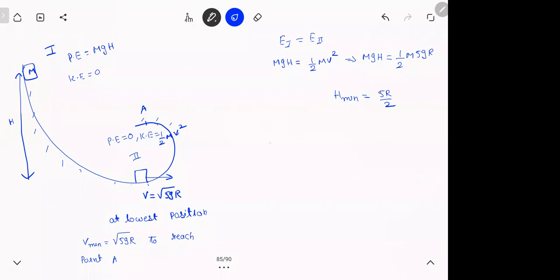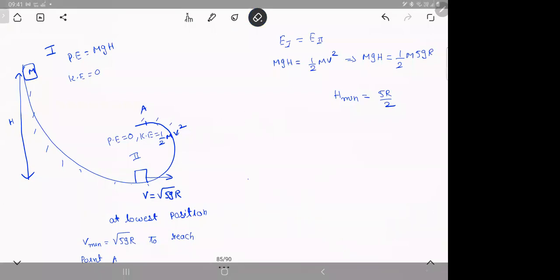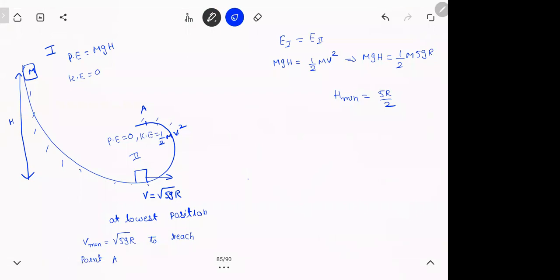Next thing, what about the forces? That's the first part. Put it down. We need minimum 5r by 2 in order to complete a circle. So this is what you'll observe in roller coaster rides also. Must have seen roller coaster rides where they keep a track like this. They will make sure your roller coaster ride is coming with a height more than 5r by 2, or else it will get stuck here. So for circular loops which they make, this is the condition. Second question is, if you're giving double this height, then find the speed and normal reaction at A.